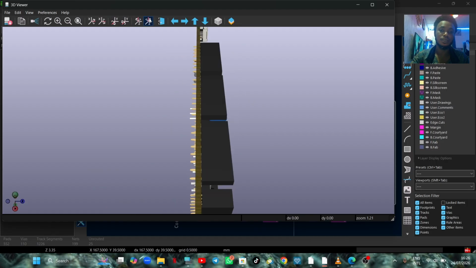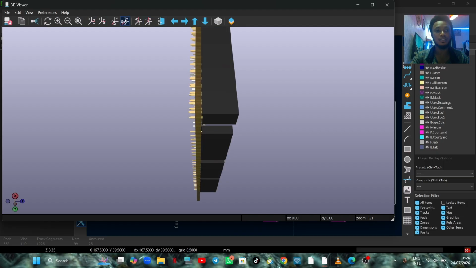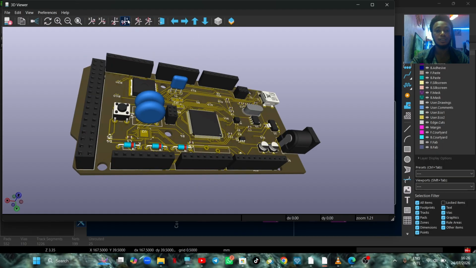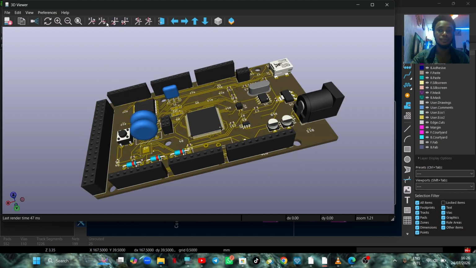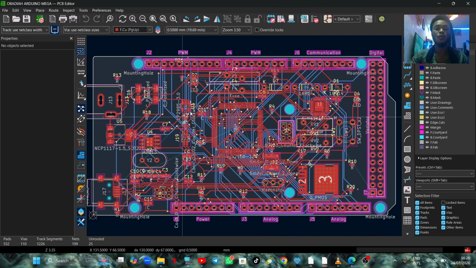Yeah, so this is how it will look like when everything is done with the model. So this is the 3D view of the Arduino Mega. So when you are done with your model and the schematic, you can also use the free routing to route everything in the